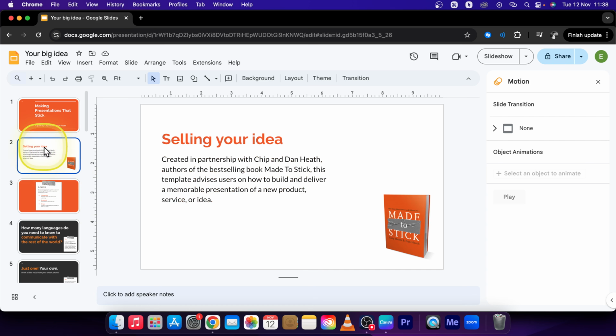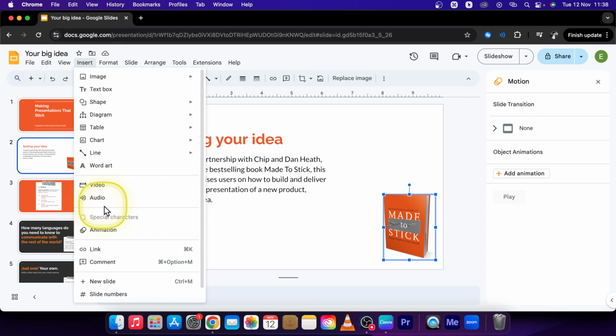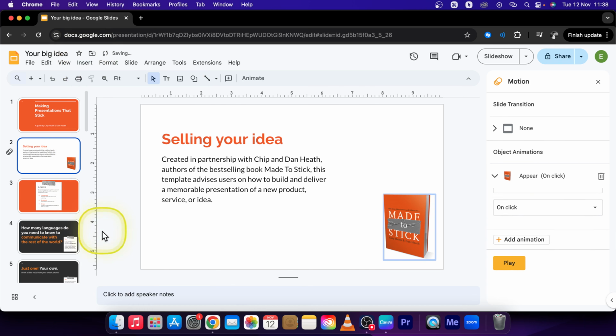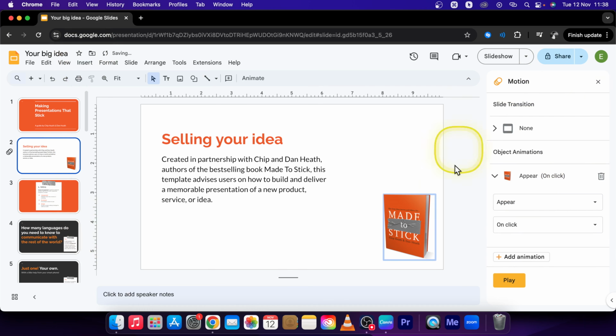I'm going to the second slide of my presentation because I have this object here. If you want to animate an object, just click on it with your mouse and then go over to Insert right here and down here to Animation. Click on that. You should see this panel appear right here, and up here it says slide transition, and